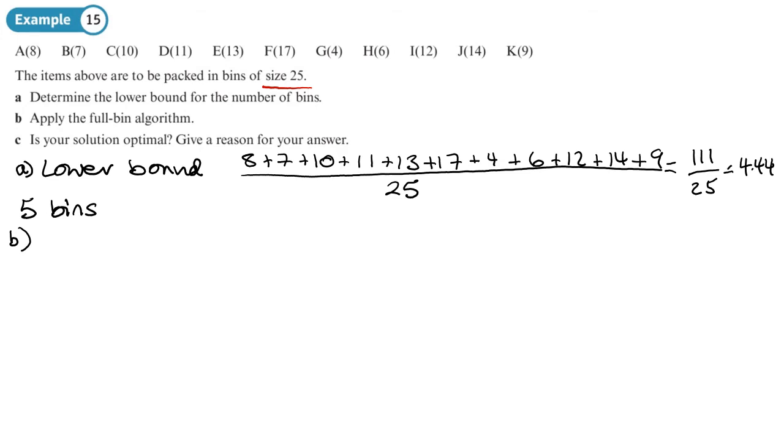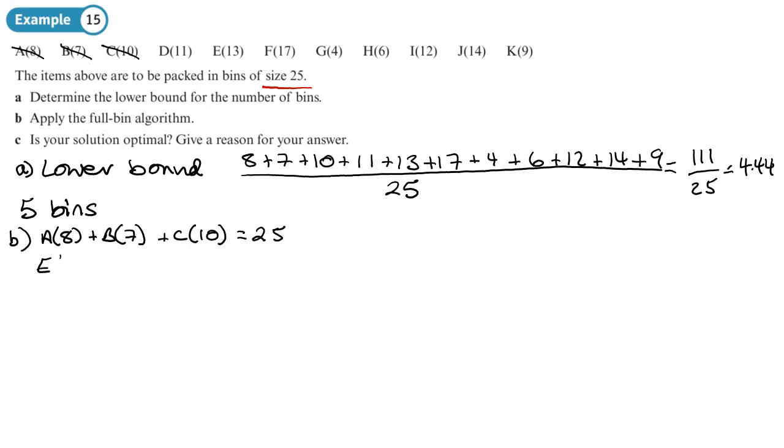Now we're going to apply the first full bin algorithm, which means having to look manually, inspecting the items. Are there ones we can put together to make 25? Okay, well, A, B and C can be put together to make 25. So A, B and C is 25, so that would fill a bin. Now we've got the 11 here and 14, right, so